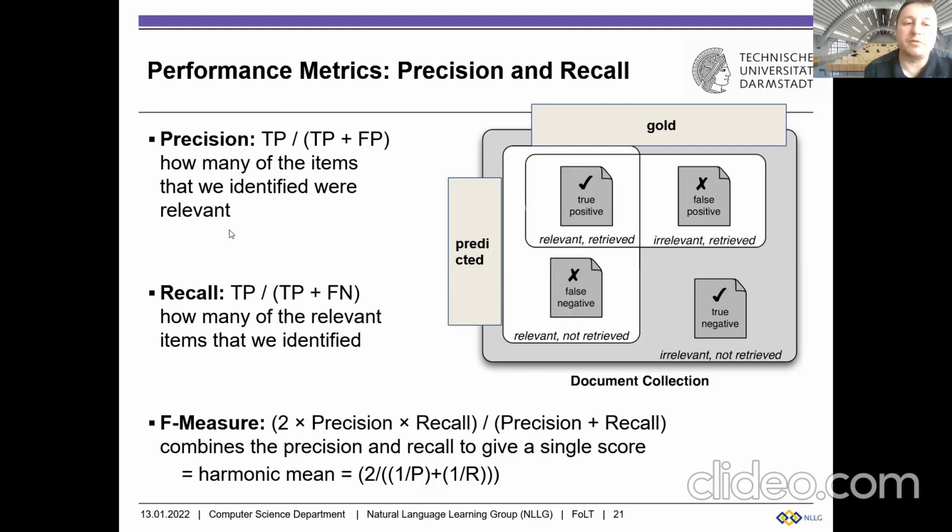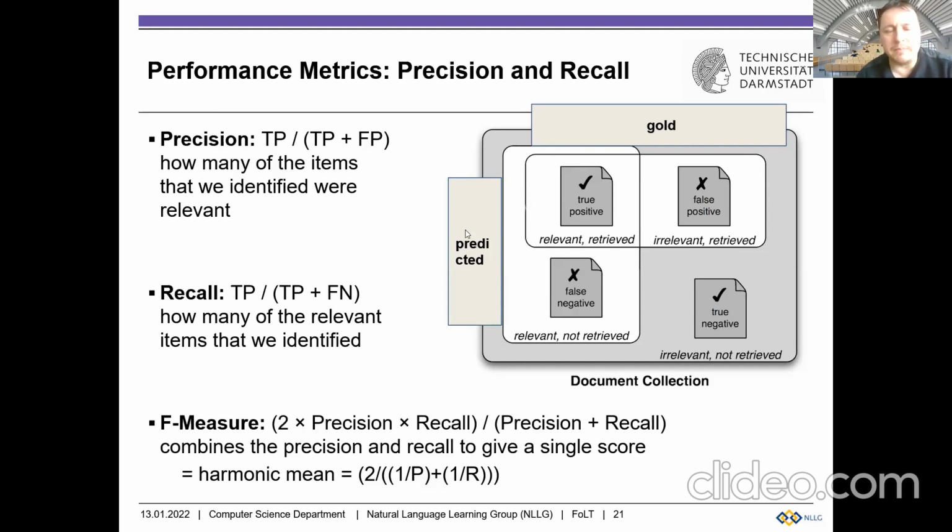So for example, if we have a web engine that retrieves everything as positive, so it has a huge recall, it has perfect recall, because there's actually not a single document that is not retrieved. So all documents on the web are retrieved. So this would have a recall of 1, but it would have a very bad precision, and you should not be able to trade this off. So if we do the F1 score, the final score would be close to the minimum score, which is the precision score in this case, and which would be very bad.